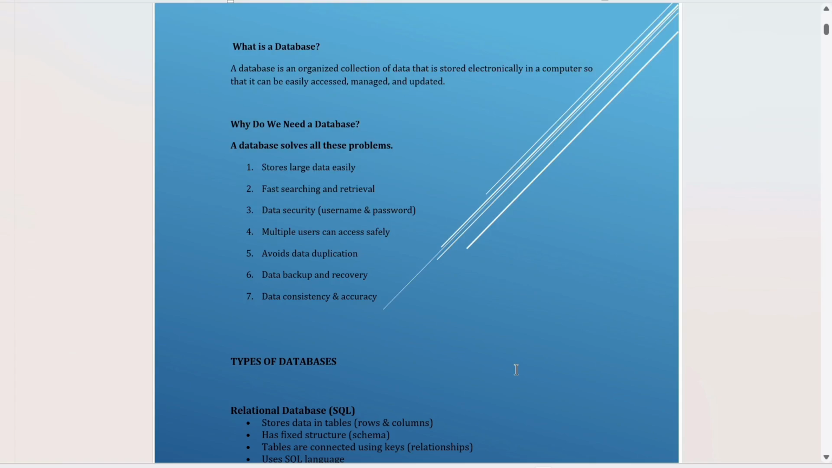From today onwards, we will be discussing the complete SQL course. In this SQL course, we will be discussing the basic level of SQL to the advanced level of SQL. Before getting into SQL, let us try to know what we mean by